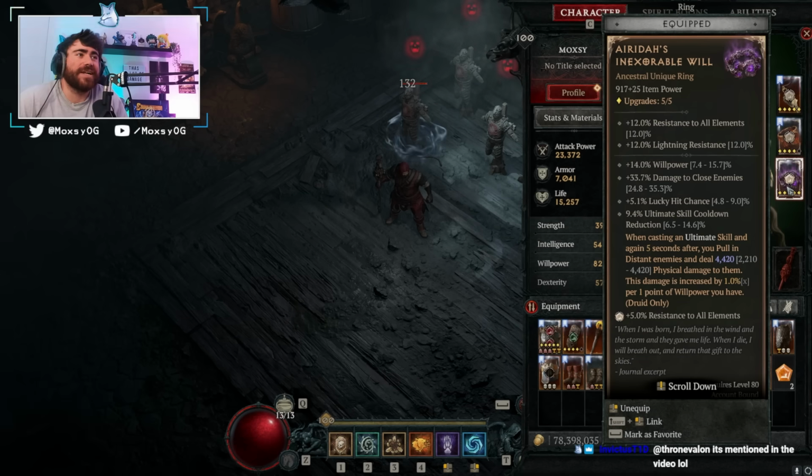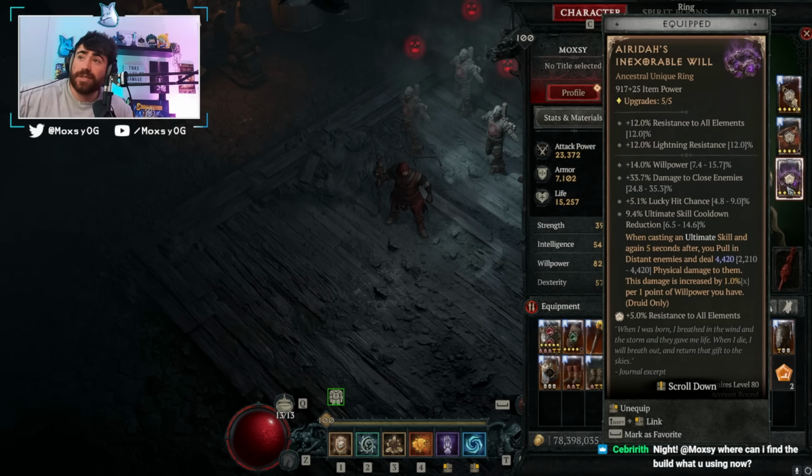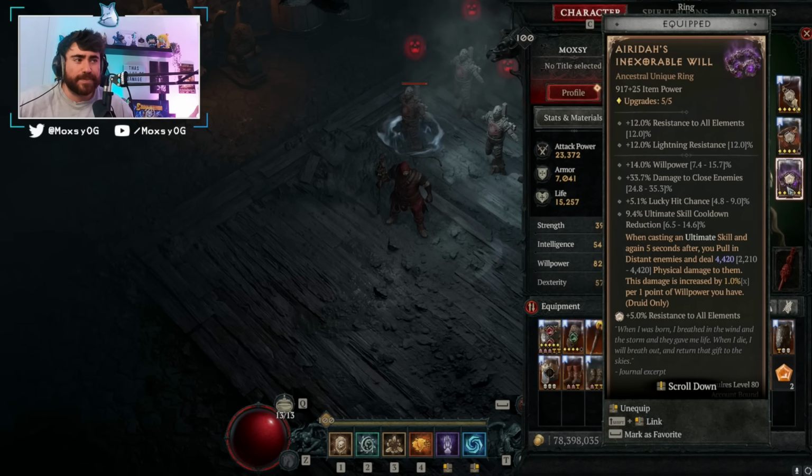Max for Diablo 4 video, and today we're talking about the Adira's Inexorable Will. Now, this is the new ring for Druid. If you want to get it, the dedicated drop is Varshan. It took me about 4 Varshan kills to get mine, so they do seem to be dropping relatively often. They can also drop in Nightmare Dungeons and stuff, but Varshan's definitely the best place to get this thing